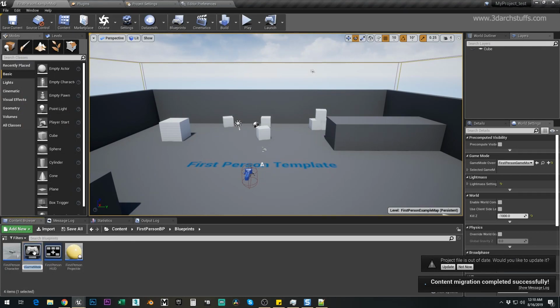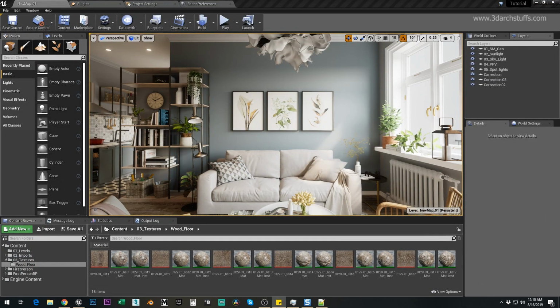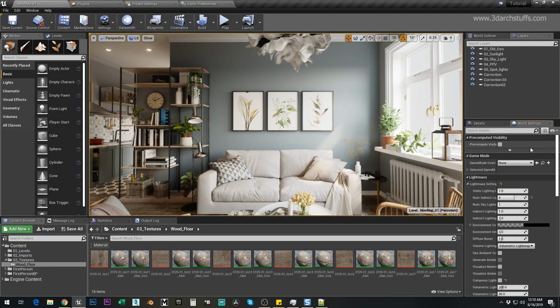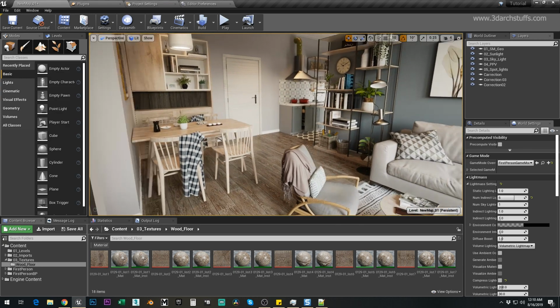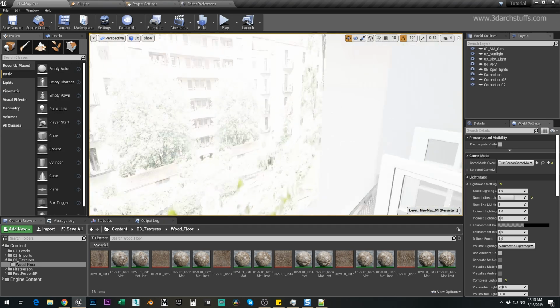Then I will copy its name, close that file, and in world setting I will press Ctrl V, and then I can find that first person game mode, and after that I will go ahead and